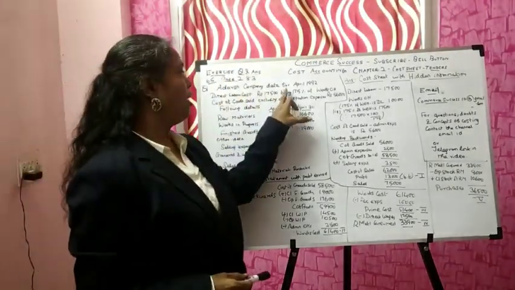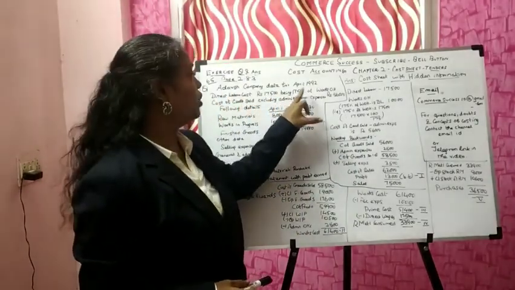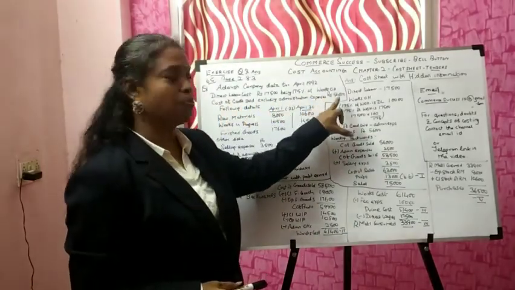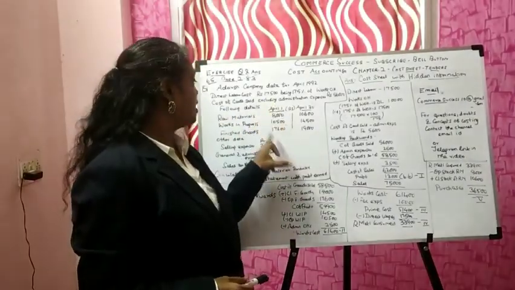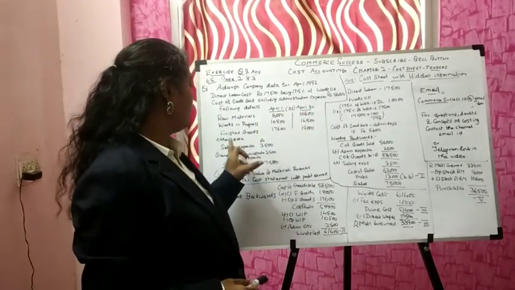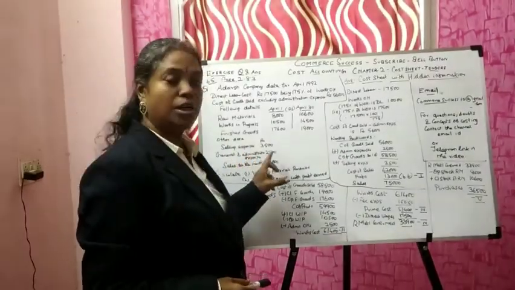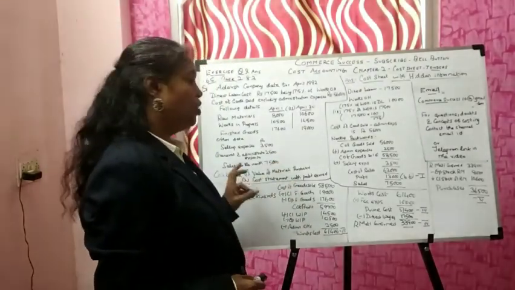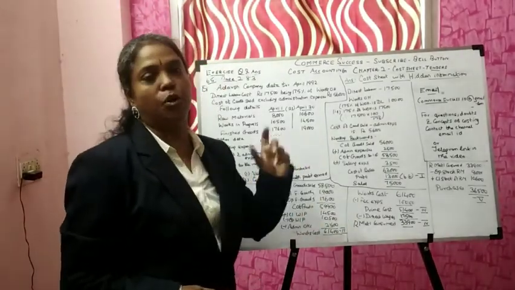Adarsh company data for April 1992. Direct labor cost 17,500, being 175% of works overhead. Cost of goods sold excluding administration expenses is 56,000. Then the following details are given: April 1st raw material, work in progress, and finished goods are given, and April 30 is also given. Other data: selling expenses is 3,500, general and administration expenses 2,500, sales for the month is 75,000. You are asked to calculate the value of material purchased, and the cost statement with the profit earned.